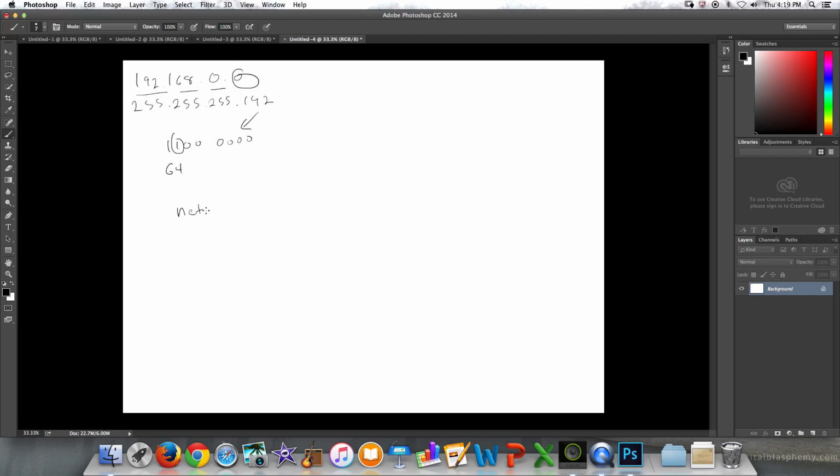our network ID chart and our broadcast chart will read 192.168.0.0. We always start with 0 because we're human, and we're going to increment by our grouping size, which is 64, 128,